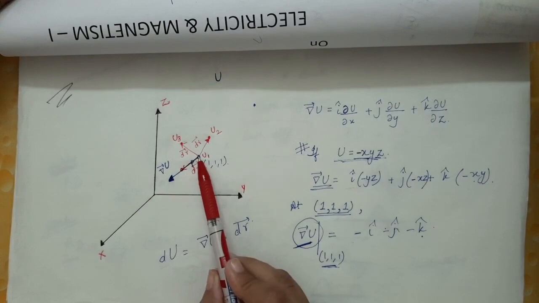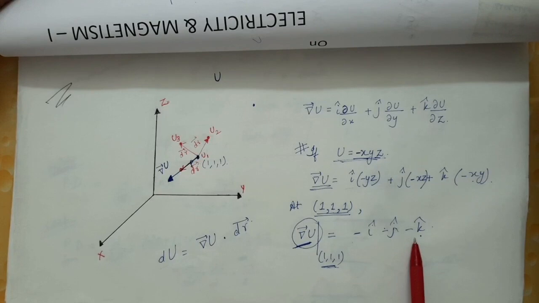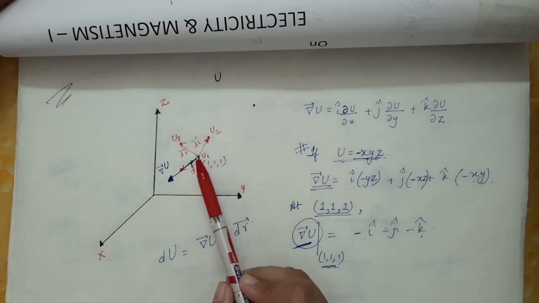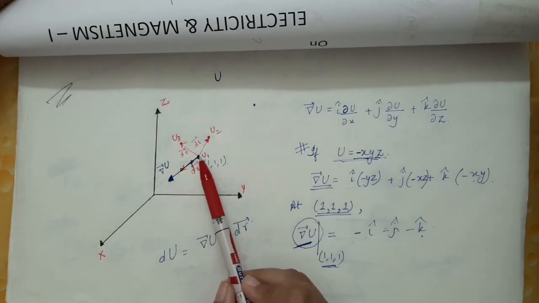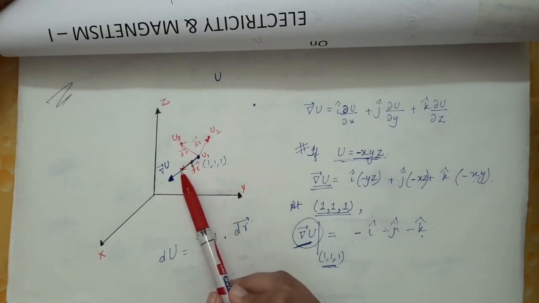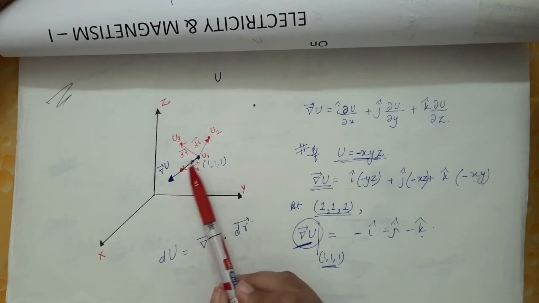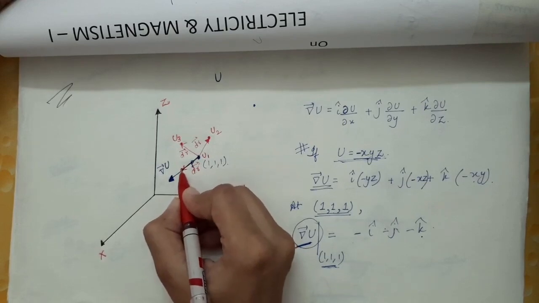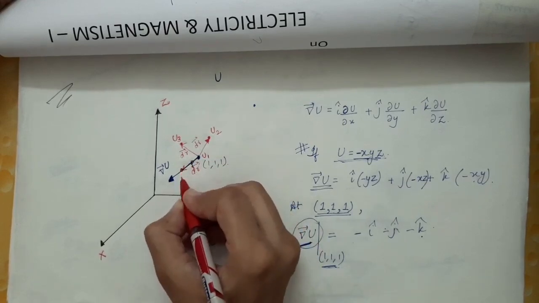At a particular point the direction of the gradient is always fixed. So from here you can see that at a particular point the gradient has a particular direction, which is minus i cap, minus j cap, minus k cap. So it will point in this downward direction. Now for the displacement vector, from this point you are changing your coordinates along the gradient. So this is the dr vector, and let's say you reach this point, and at this point the scalar function has u4 value.